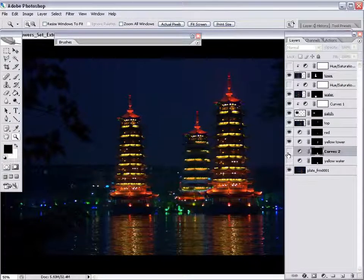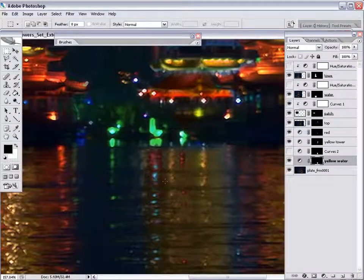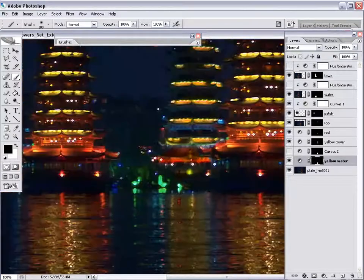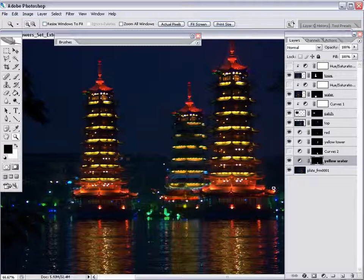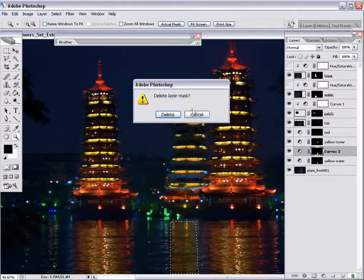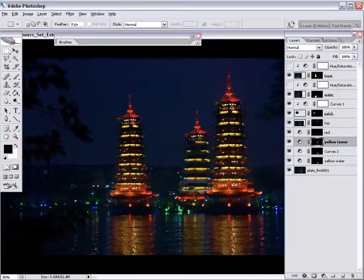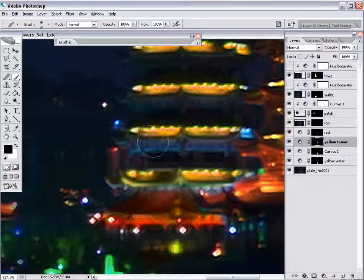You can see in the water here, where the reflection used to be blue, that we're getting a few spikes of magenta and kind of a red color. We'll try to get rid of this one just by matting it out. And then that one in the middle of the yellow reflection, we'll have to treat that later on. I'll show you how to do that sometime shortly here. Might be best to do that in the comp itself. So now I'm just going to go back into the yellow hue shift and just try and paint in a soft...